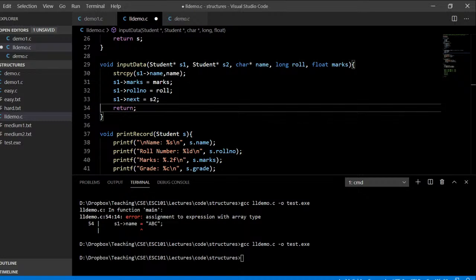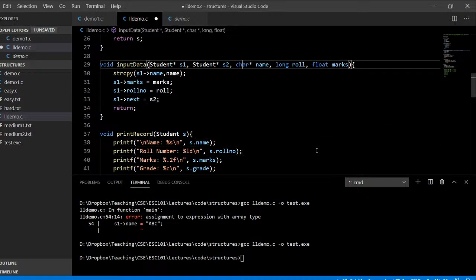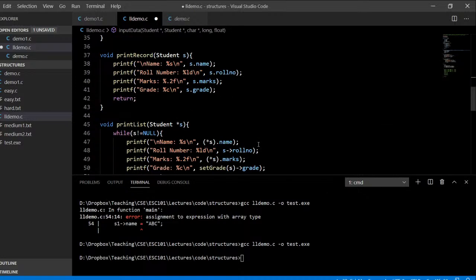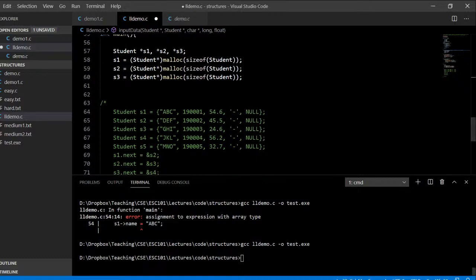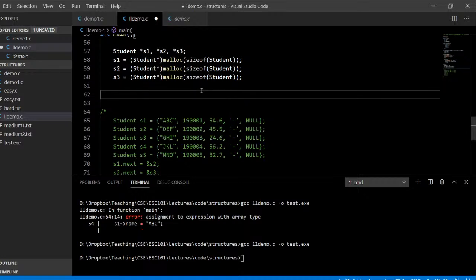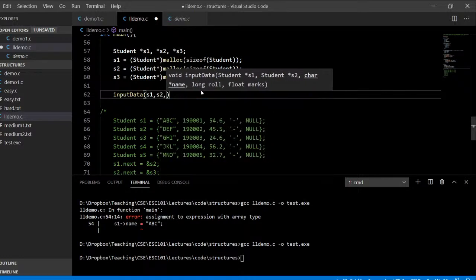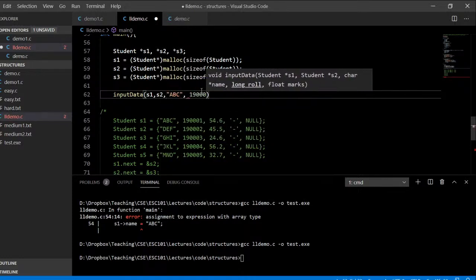Sorry, I had to take that call. So I have this function input data now, and what can I do with it? Now I can say input data S1 comma S2 comma ABC, 19001, 57.2,